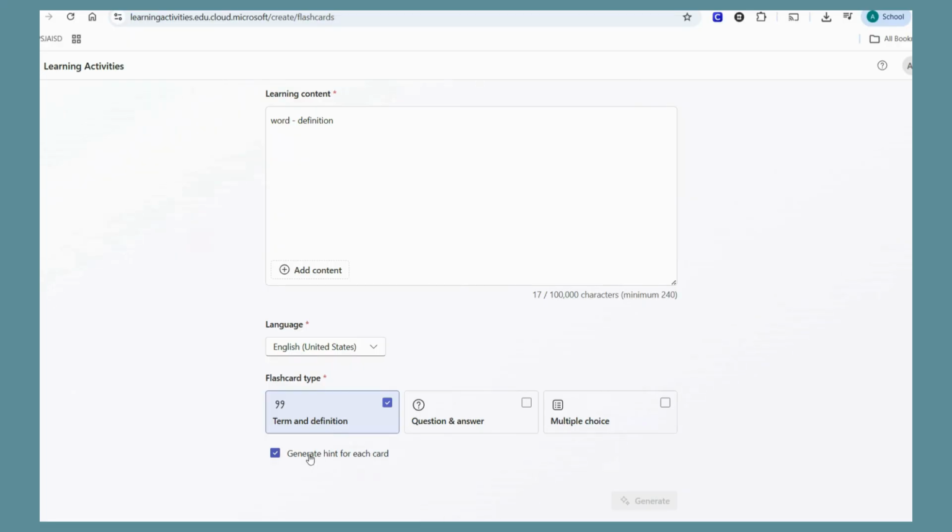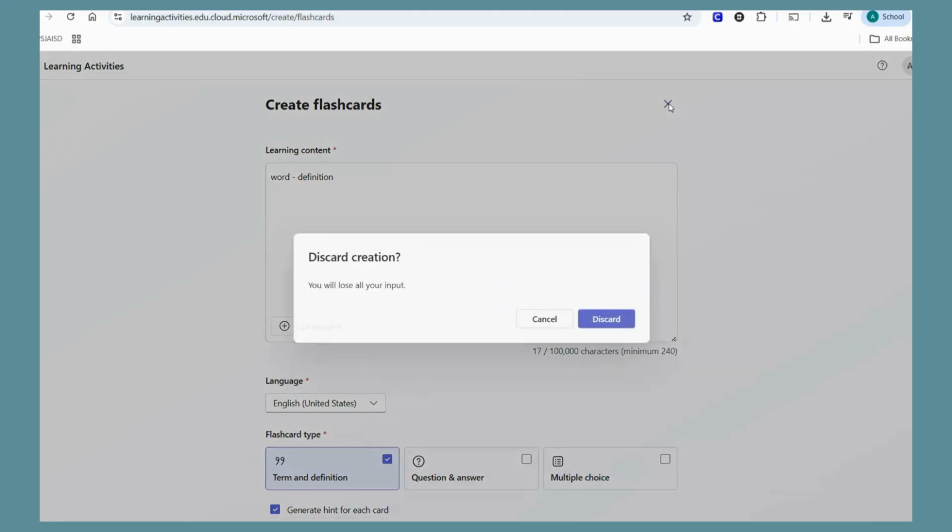Then you can also generate a hint for each card, and AI will do that for you, so you don't have to do that part. Once you're done filling all this out, you'll just click generate and then it'll create the flashcards for you. Okay, the next one would be